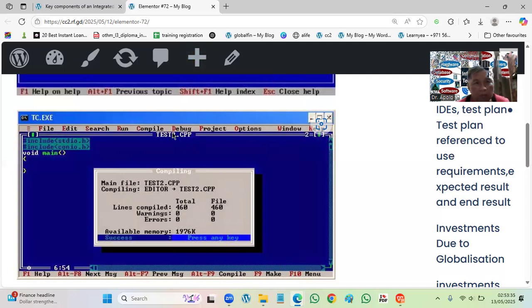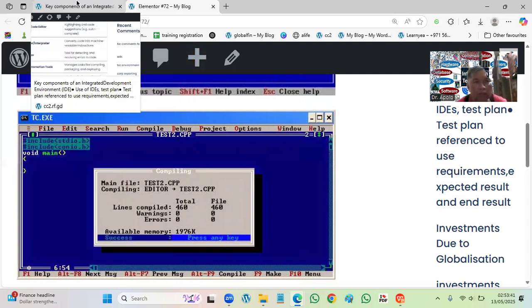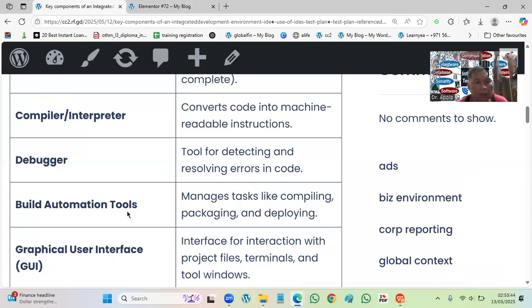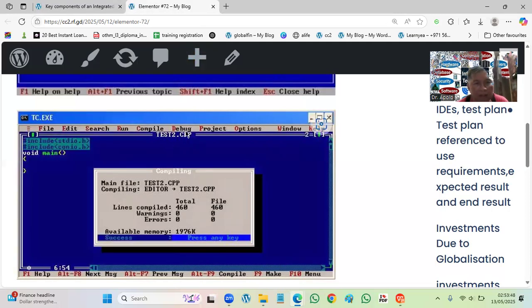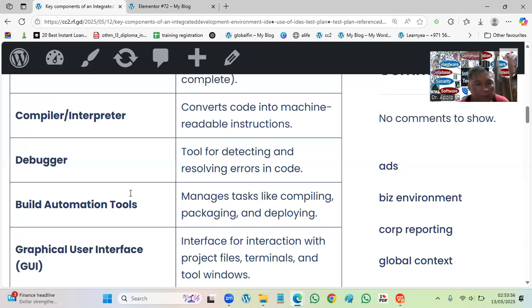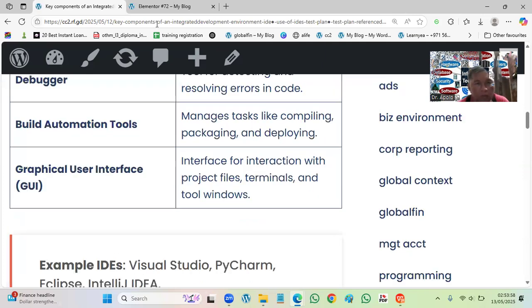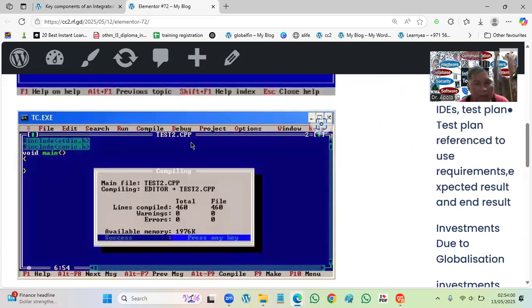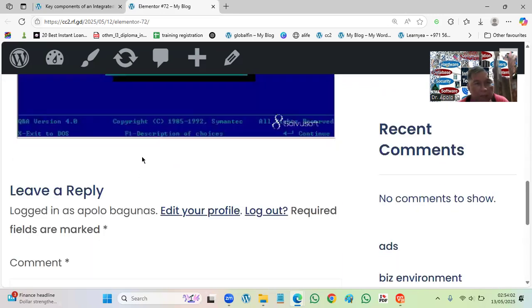Maybe typos, wrong spelling, wrong command, no period, wrong sentence, like this one. It's the debugger. Then build automation tools. Actually, that's run. No? In here, there's run. In some IDEs, there's a build. There's the word build. And then GUI. This is the graphical user interface. Okay, so that's the IDE.